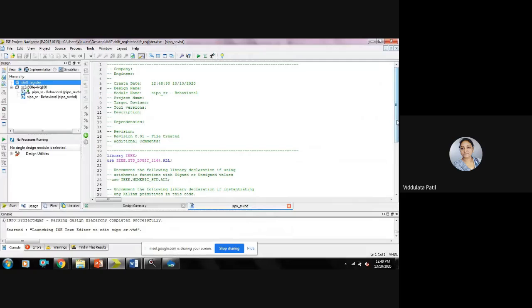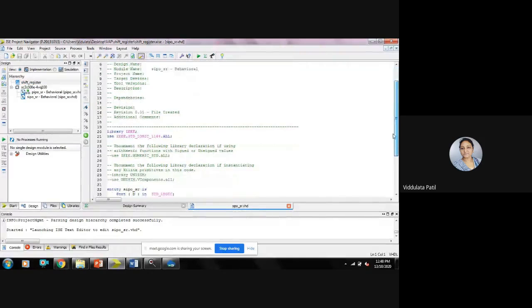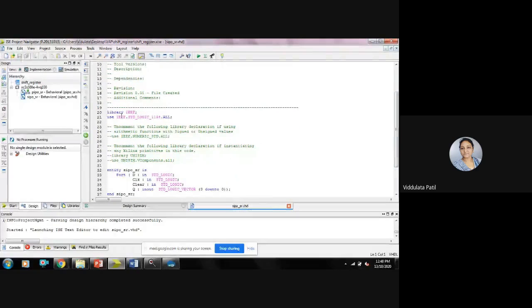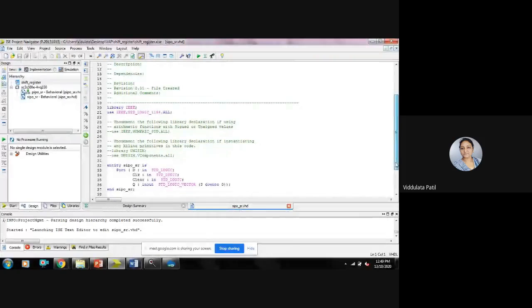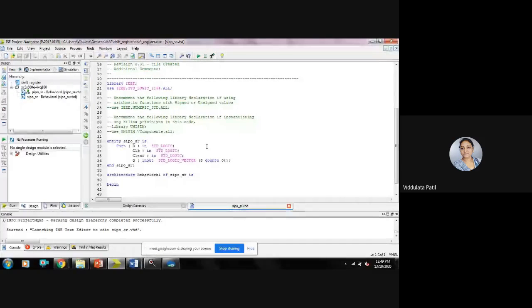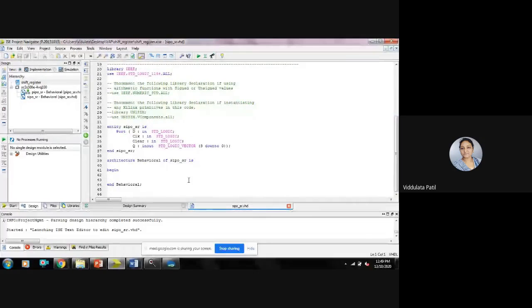And then here you will find the VHDL code. Okay, so here is the library declaration part, as usual. Then after that, here is the entity declaration part. As we have in these input ports, that is D, clock and clear, and then the output port, that is the in-out port Q. Okay, so this is the entity declaration part, then the end of the entity declaration, and then we have the architecture of